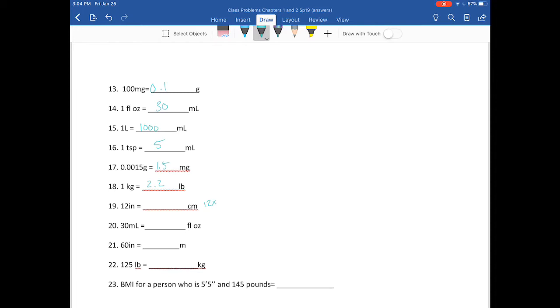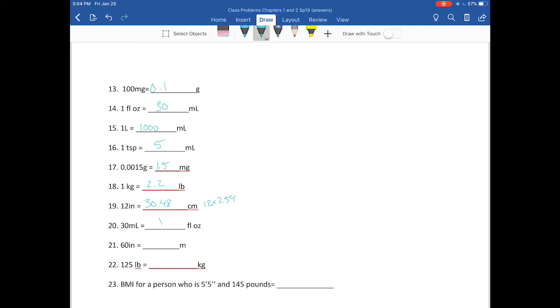So 1 inch is equal to 2.54 centimeters. So 12 inches times 2.54 centimeters will give us 30.48 centimeters. Milliliters to fluid ounces,